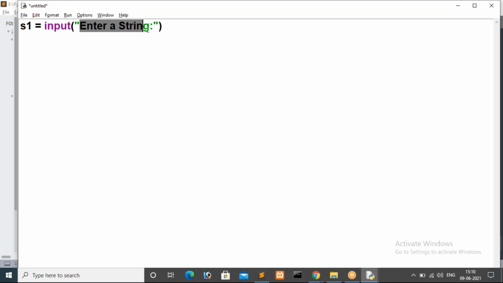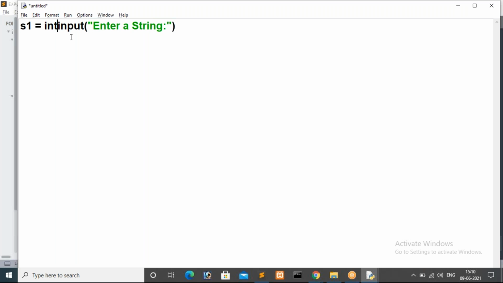Here input is the method. This input will read a value, and by default that value will be in string format only. So by default, input will read everything in string format only. For that reason, there is no need to specify str of input of enter a string.